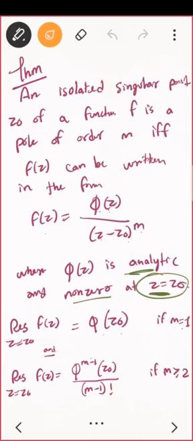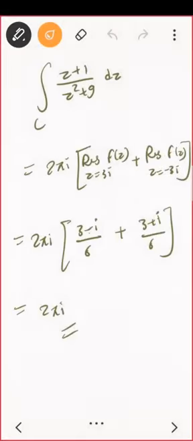Okay, so let us do some more examples. In the last class, we did the question on a pole of order, that is a simple pole. Let us do some more problems where you do not have a simple pole. So suppose the question is like this. Oh, just one second. I need to switch on the OTG.